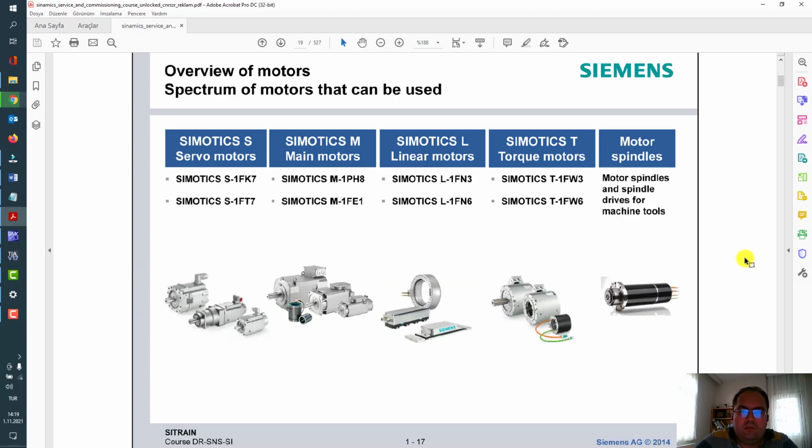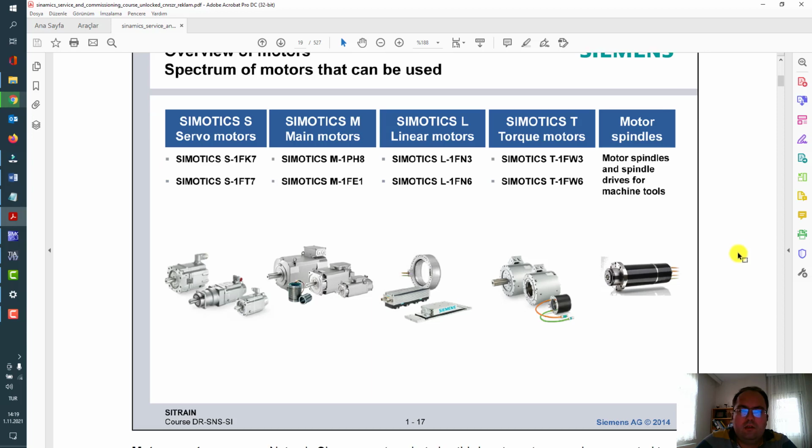There is a spectrum image of motors that can be used with Sinamics drives. Simotics S for servo motors, commonly used 1FK7 or 1FT7. Simotics M for main motors like 1PH7 or 8, commonly used in industrial applications.